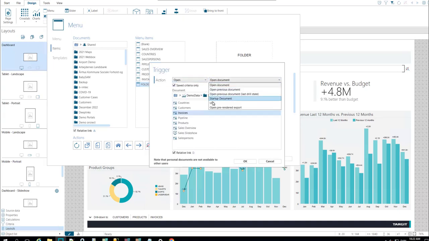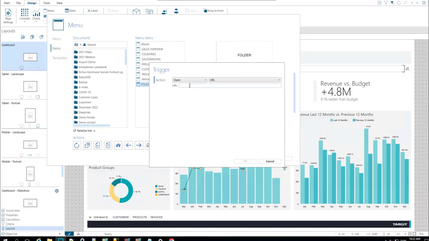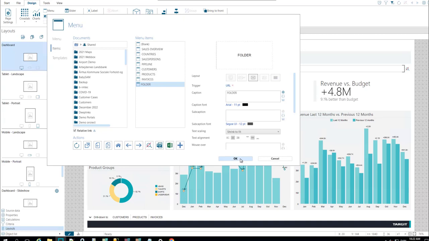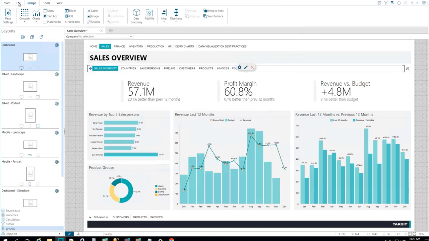So I'm going to use the URL type of trigger here, and I have a URL right here. And what's special about this URL is that it ends on a folder name. So normally if you were to use a URL trigger to a target analysis, it would end up with a file name .xview. But this one is just snapped off, you could say, where the folder, the sales folder begins. So I'll just click OK to this and save my analysis here